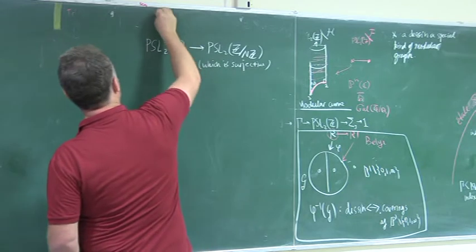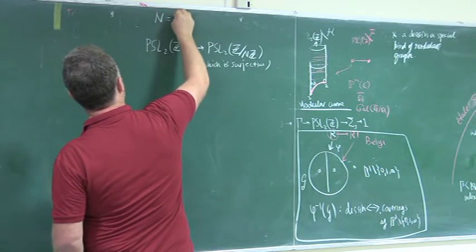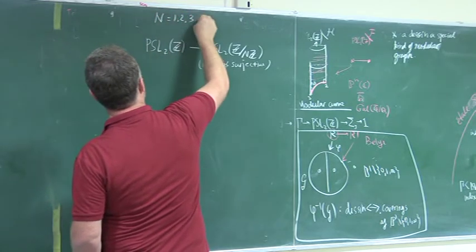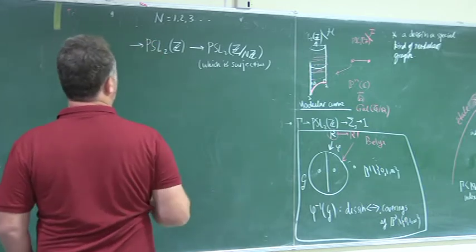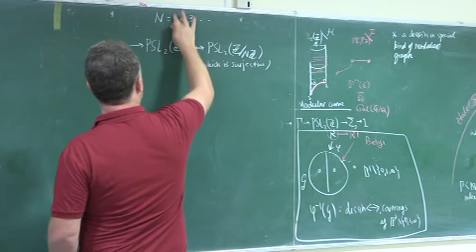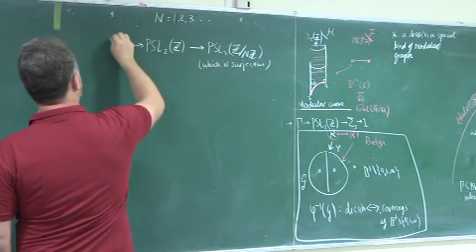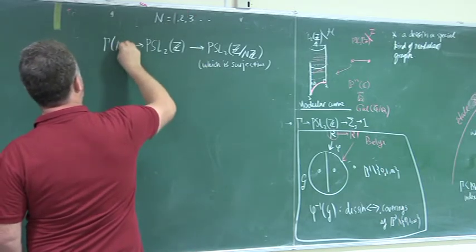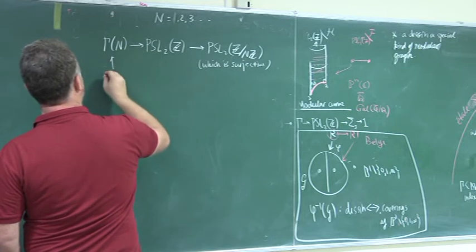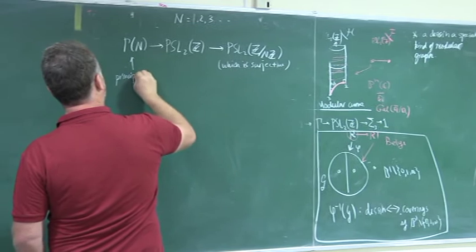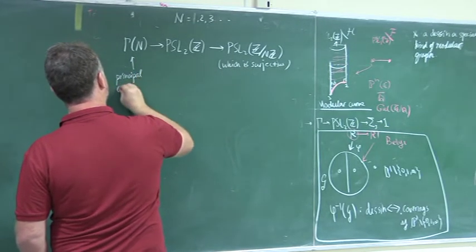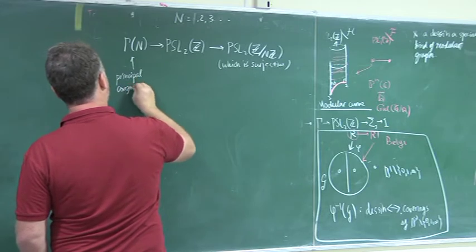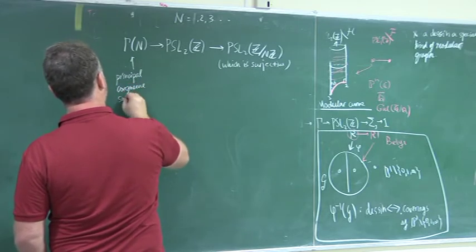So for any integer n, etc. And the kernel, gamma n, is the principal, if I remember that right, principal congruence subgroup